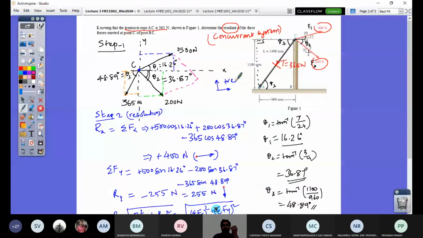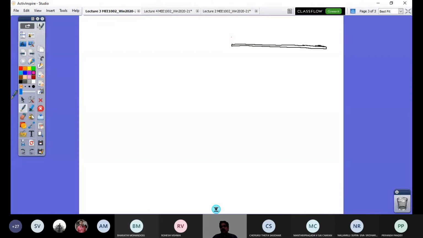So now let's proceed with the next problem. For the next problem, I'm going to take an example of forces which are parallel. For that, I have just drawn this member, which is a horizontal member, and it's not supported. No horizontal member can be free in space without support. We'll not worry for a moment about that, right? We'll see that support has to be provided, and we will investigate what type of support is required for this structure at the end of solving the problem.